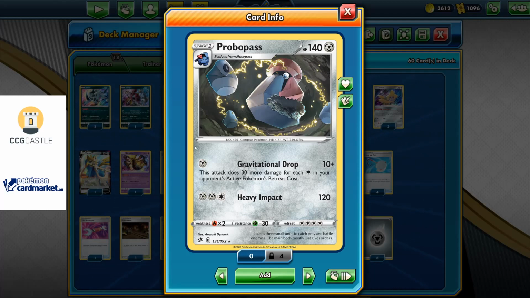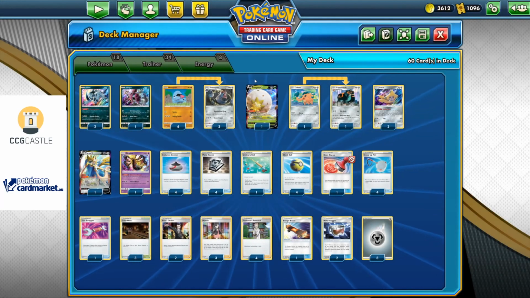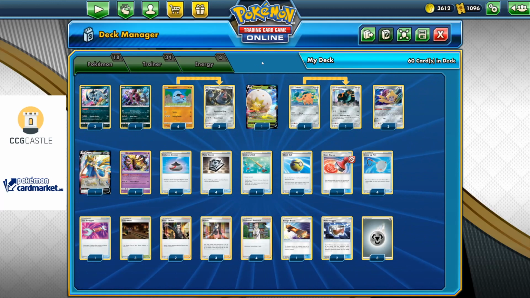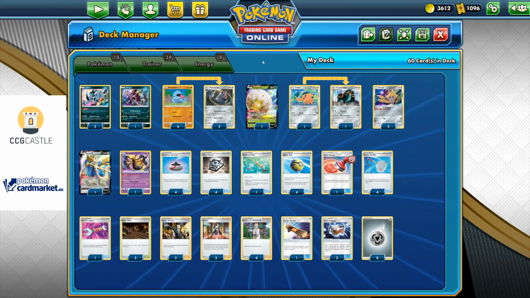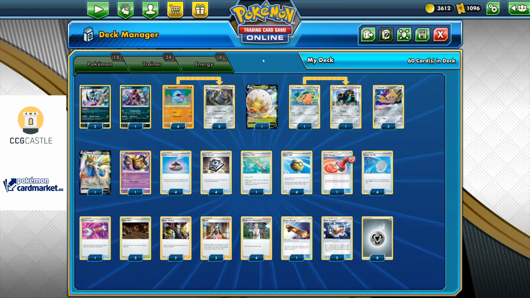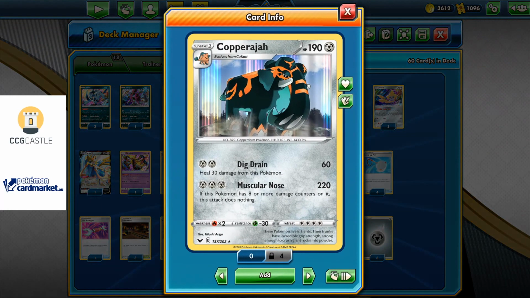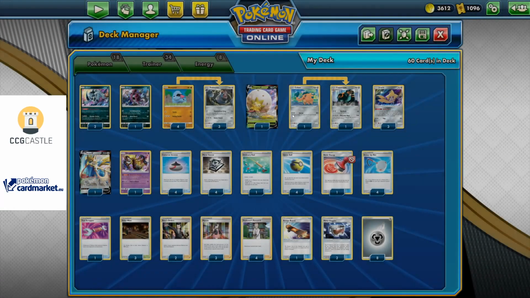In today's video, we'll be looking at a Probopass Metal Box deck featuring Copperajah and Zacian. This is a rogue deck that I will try to play in today's video, and we'll see how it goes. The strategy of this deck is simply to power up your Copperajah for Muscular Nose,